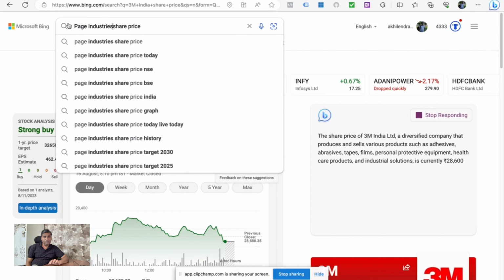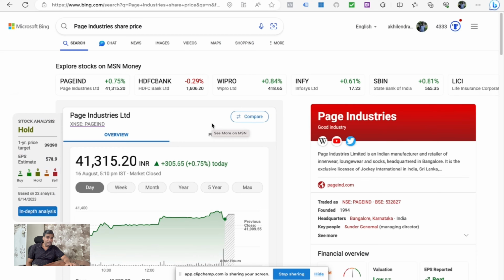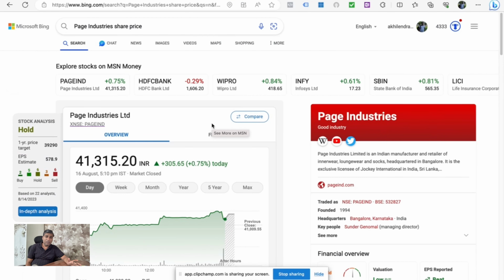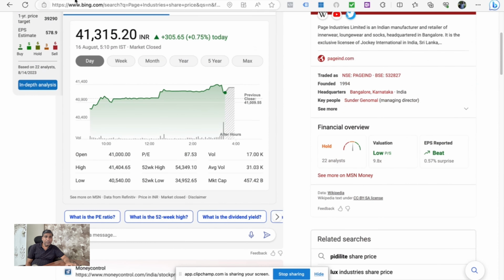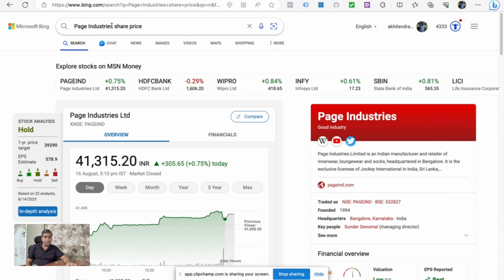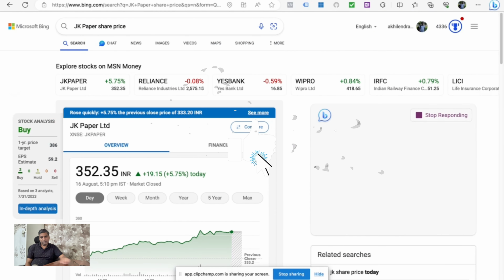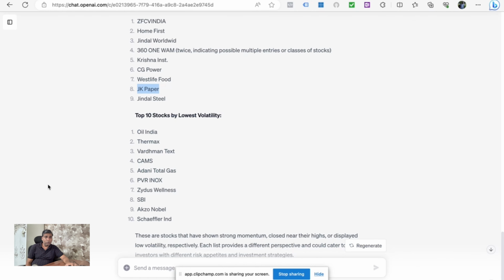I won't say that you should solely depend on it for your analysis or making your trading decisions, but at least it can provide you some value, especially if you are good at the analysis part. It's just that you need some kind of tool which can help you with your analysis. So you can see I have checked a few more. Let me see this one. I think there were a few which went down, at least for these two trading sessions, but hopefully, so at least so far so good.